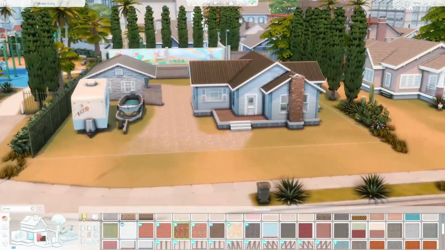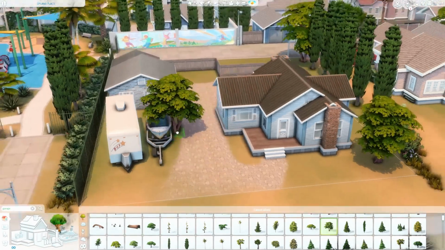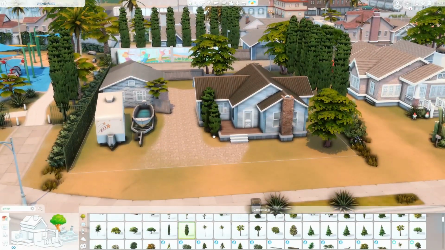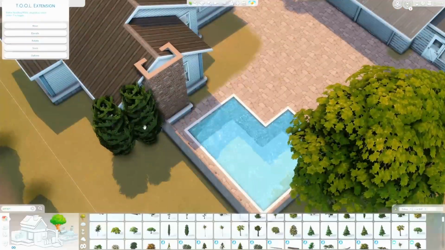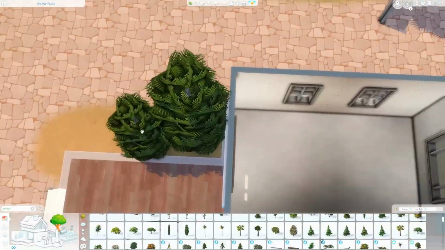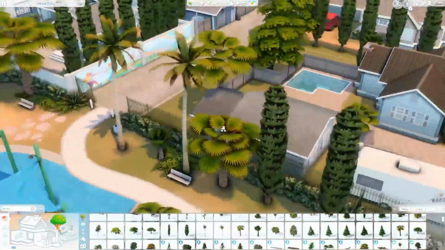Anyways, I did know one thing for this lot, and I wanted a garage. That's it, because this lot is so huge. I just wanted a garage, and literally every single person I've seen build on this lot has added a garage. That's what you do. At first I was going to put it in the front,